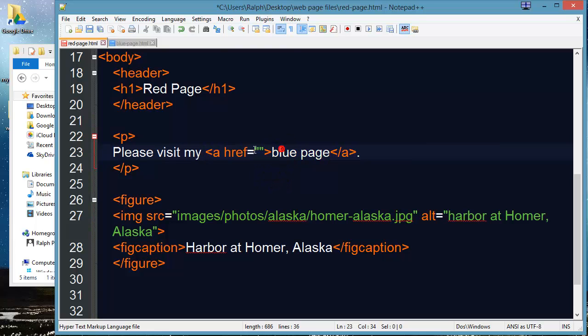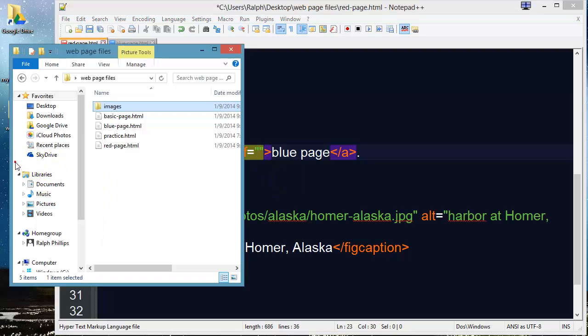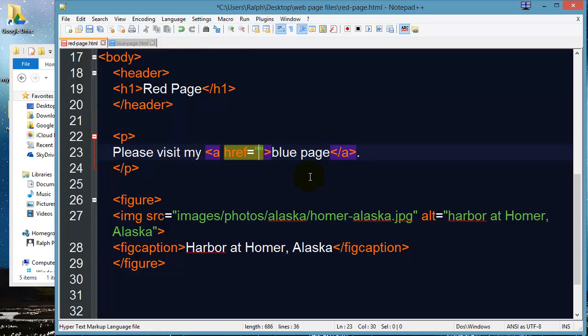If you want a functioning hyperlink, you need this hyperreference attribute, and this is going to point to the location of the page you want to link to. Now, in my file management, my red page and my blue page are in the exact same folder, and because they're in the same folder, my reference is simply going to be